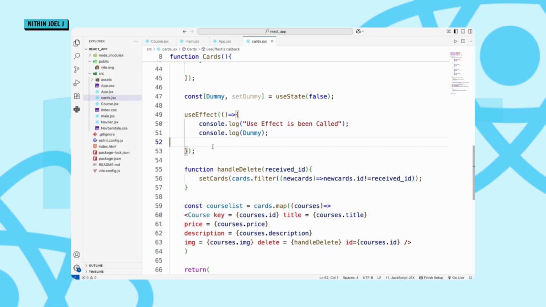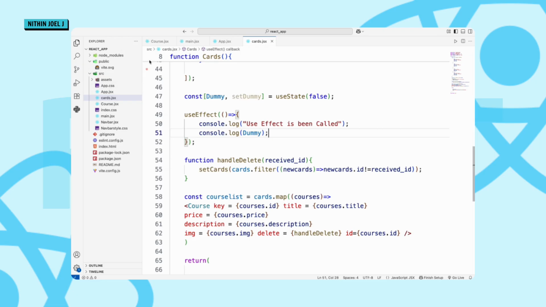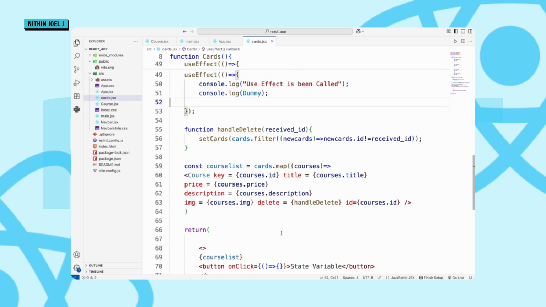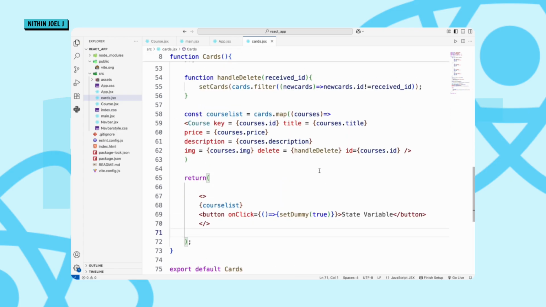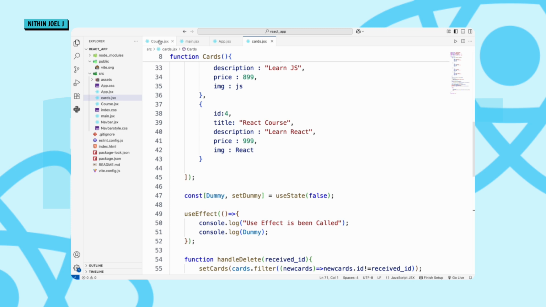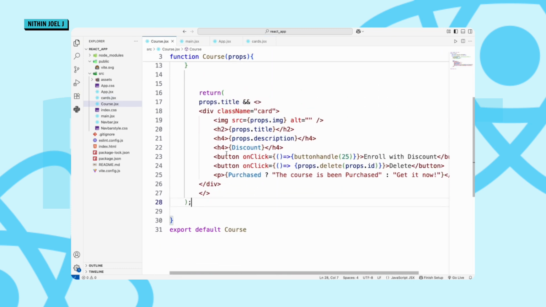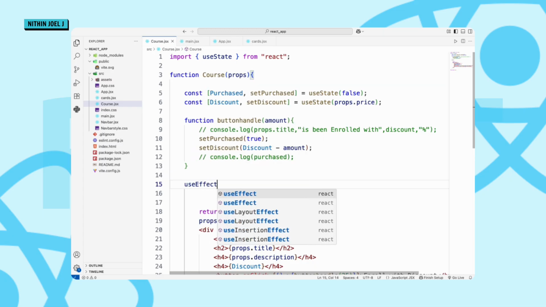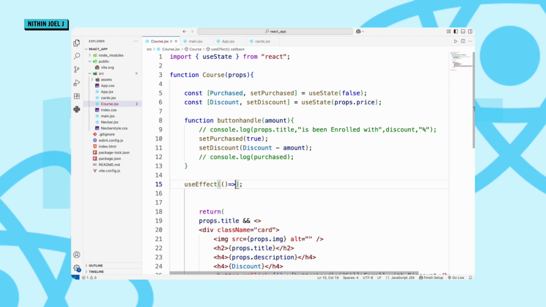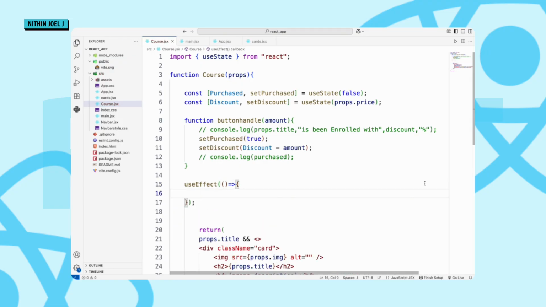Okay, so now let's try this useEffect in our course.jsx itself. So I'll just refresh it, I mean undo it. Yeah. So now inside this course.jsx, again I'll just create a useEffect. Let me create it over here. Okay, so useEffect I have created. Same way I'm gonna create an anonymous function, and I'm gonna say console.log